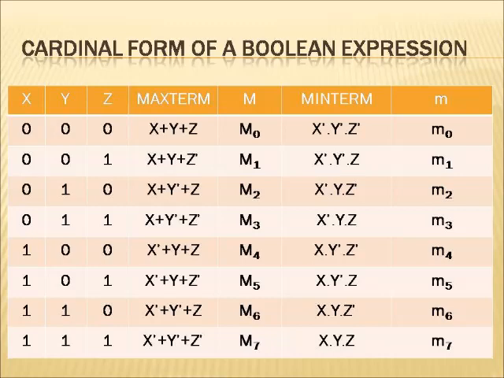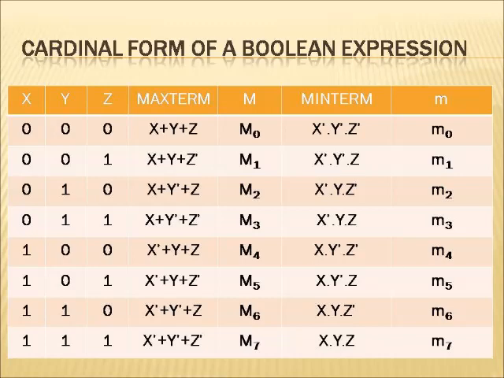Okay, here you can see that I have three Boolean variables x, y and z, right? And on this table you can see that I have formed the truth table, and from the truth table I have created the maxterm values and minterm values, right? So here, when we say three variables in a truth table, there will be 8 sets of values in that truth table. So there are 8 values in the truth table.